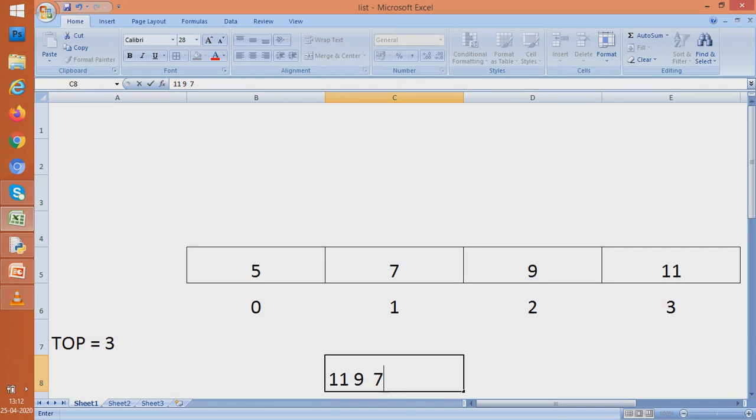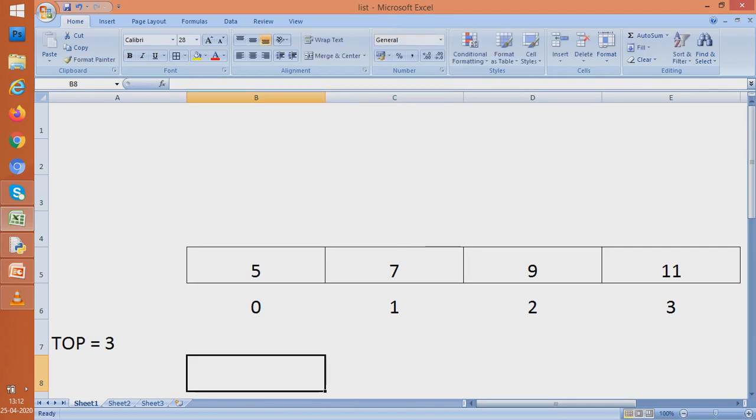But if I am set to delete something, now in a stack, which is the value that is going to be deleted? We have already talked of. In a stack, the last value inserted is to be deleted first. Remember, we use the policy LIFO, last in, first out. So which was the last value that had been inserted here in our list? The last value was 11. So we'll have to first delete 11.